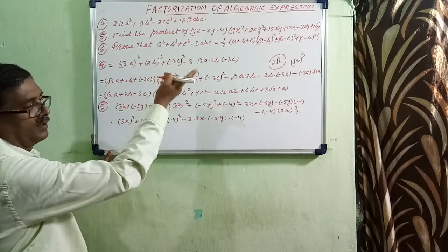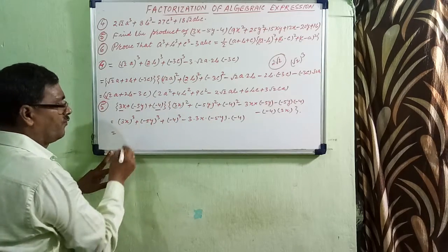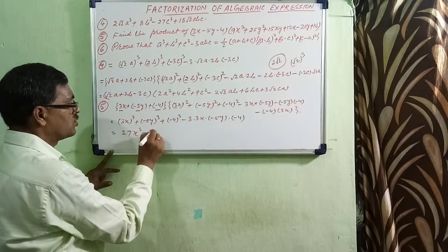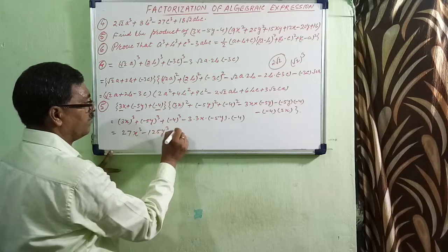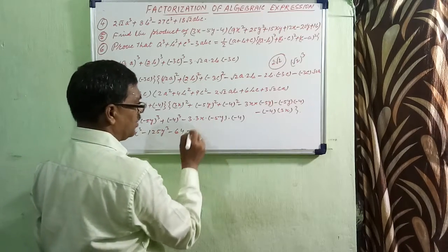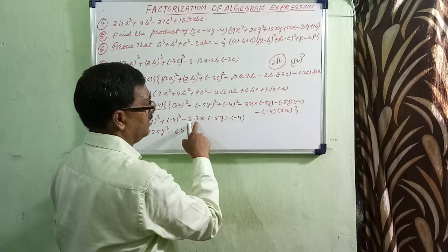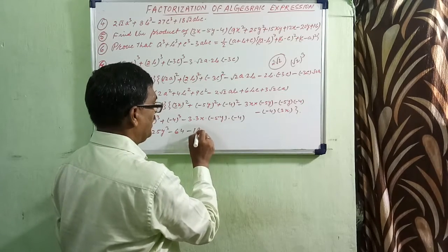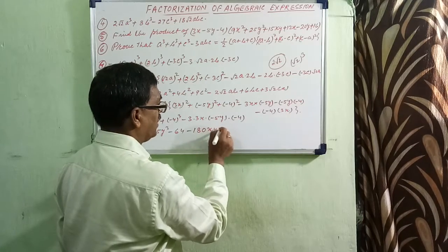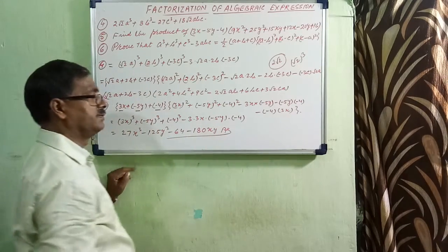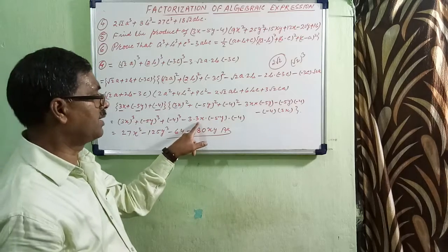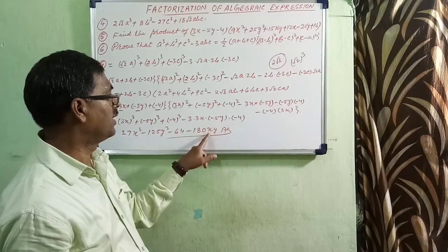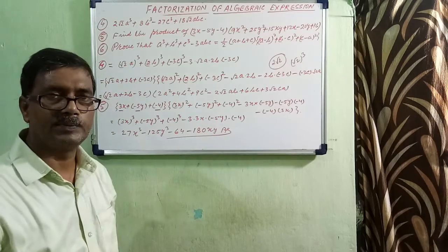Exactly the same formula. And so just to simplify, 27x cube minus 125y cube minus 64, and here also minus 9. 5 is 45, 45 4 is 180xy, and that is the answer. Once again, see, 3 3 is 9, 9 5 is 45, 45 4 is 180 x into y, xy. Minus will be there. This is the answer.